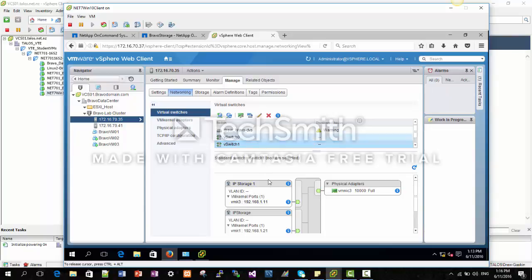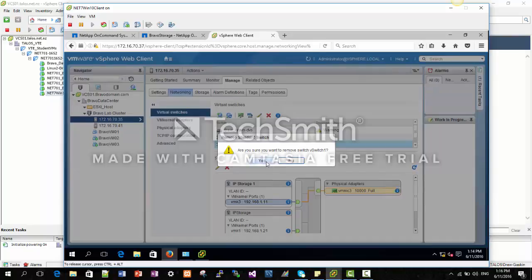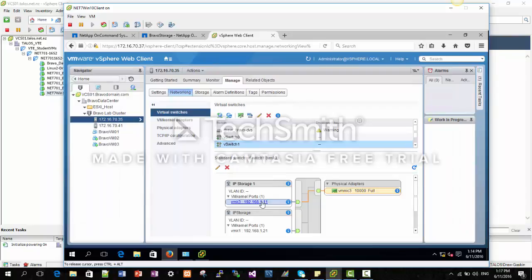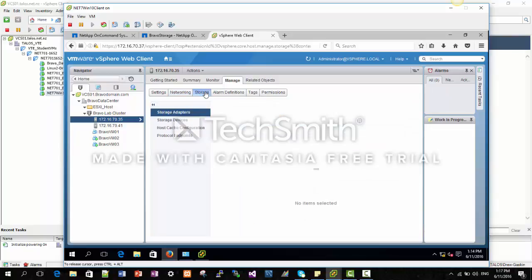The next activity that we'll move on to is configuring the iSCSI software adapter, but I'll just remove that VM kernel network adapter that I just created first, just so it doesn't cause conflict or anything. But now moving on, we'll go into the Storage tab just at the top there next to Networking. We want Storage Adapters, and there is a